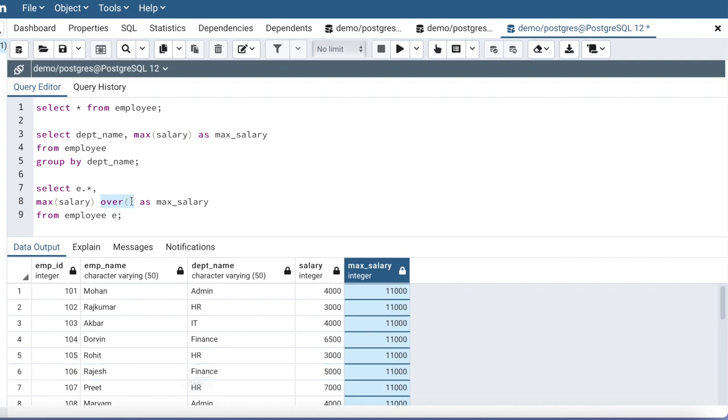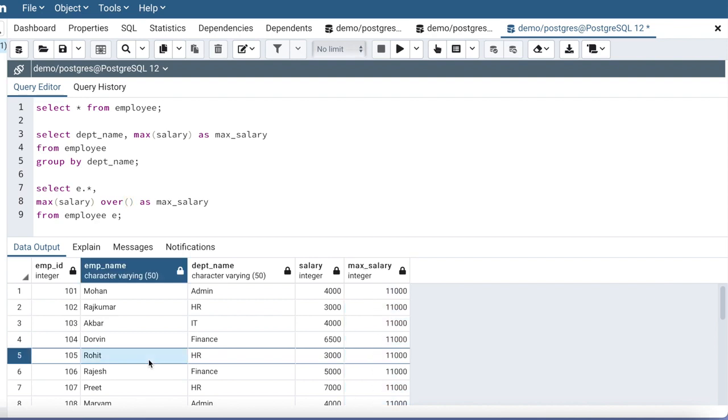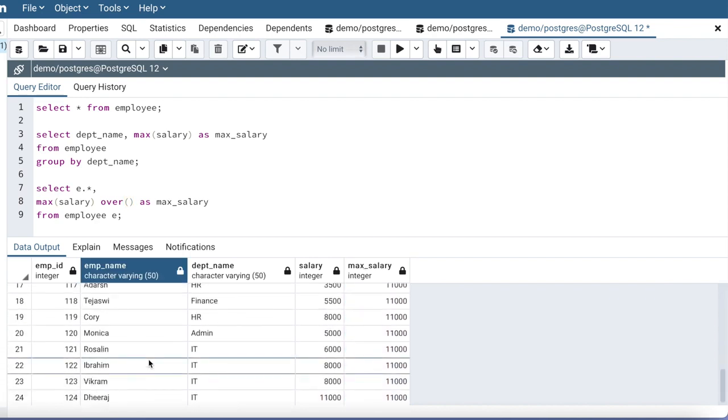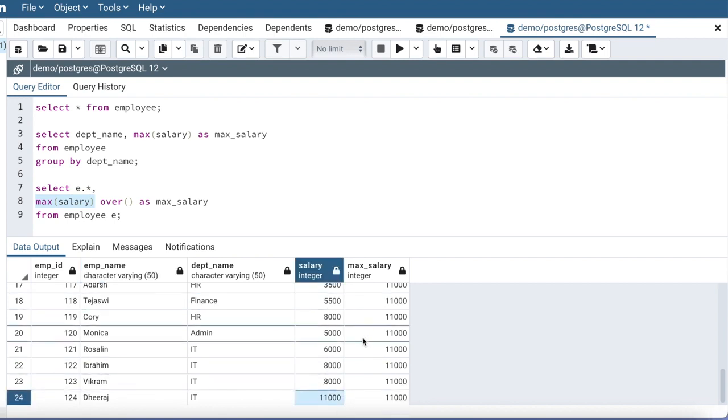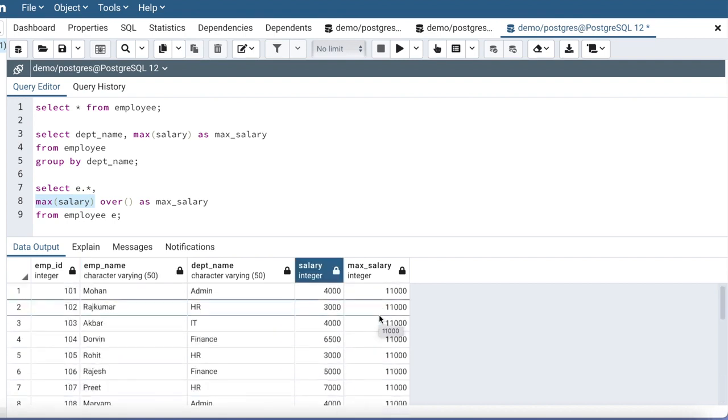If I don't specify any column, like I have done here, I have not specified any columns inside this, SQL will create one window for all the records in this result set. So there are 24 records, it's going to create one window, and for that window it's going to apply this function. In all of these 24 records, it's going to look for the max salary, which in this case is 11,000, and that value is going to be shown corresponding to each record